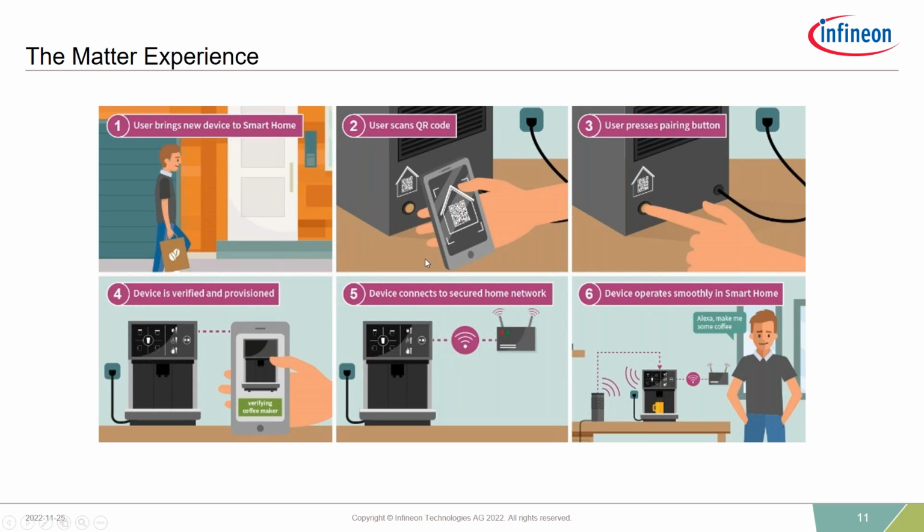Yeah. So customers bring home their device. It's scanning the so-called QR code printed on a device, and this invokes basically the commissioning process. In the QR code there's a password saved, which really invokes the commissioning process later on. Some user presence is required, so you have to push a button so that the device really knows that you are around, and it's not a remote commissioning, which is not allowed according to Matter. And then basically this commissioning is triggered. And what commissioning means is